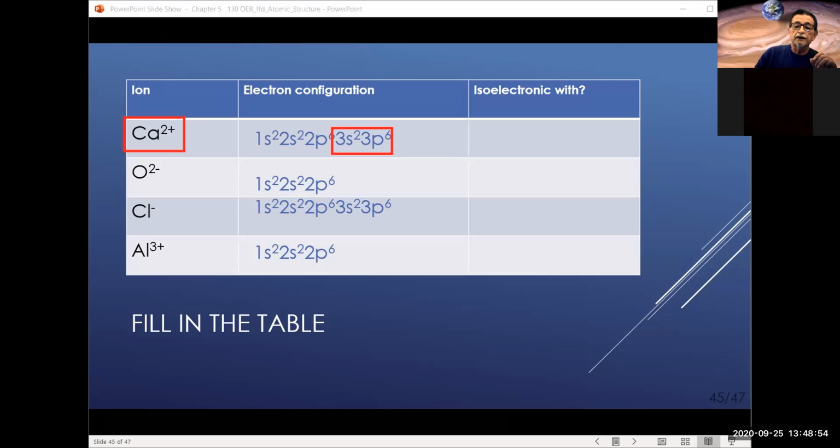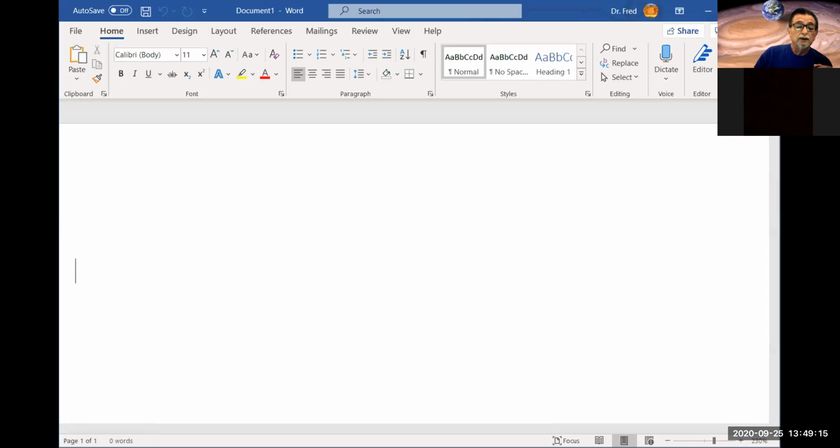Okay, I know exactly how to do this. Let me do something here real quick. Okay, new share document. Okay, let's do the electron configuration